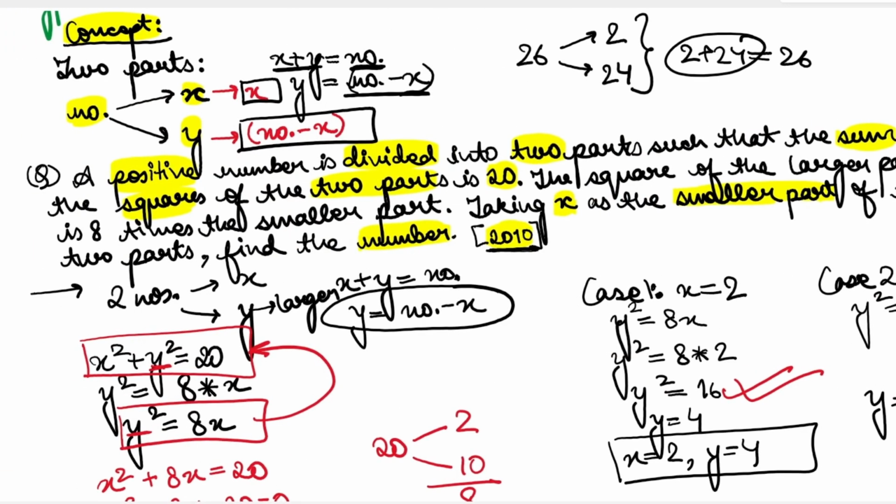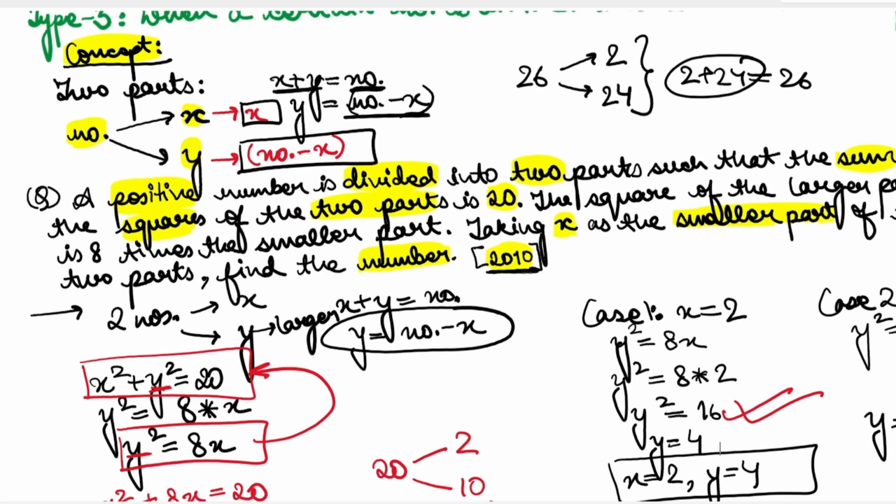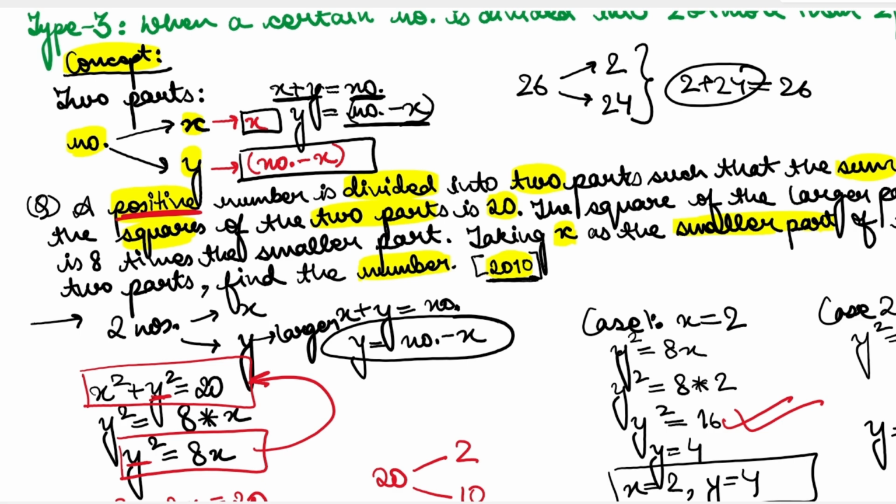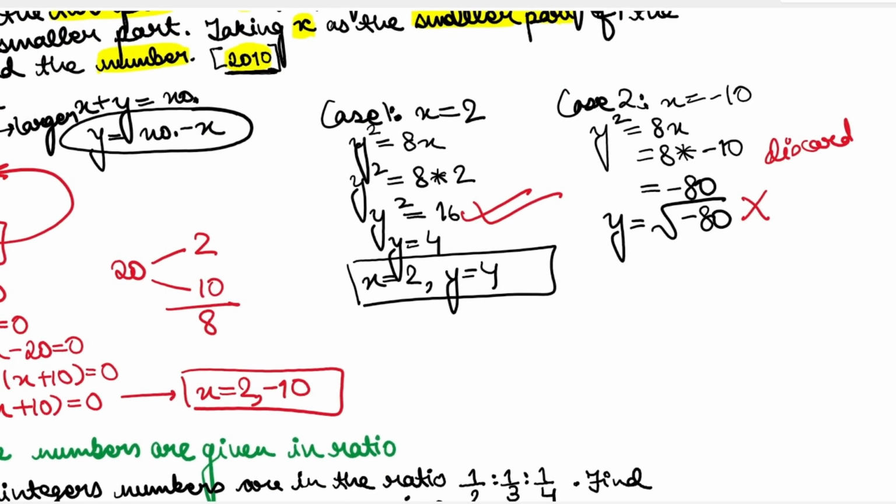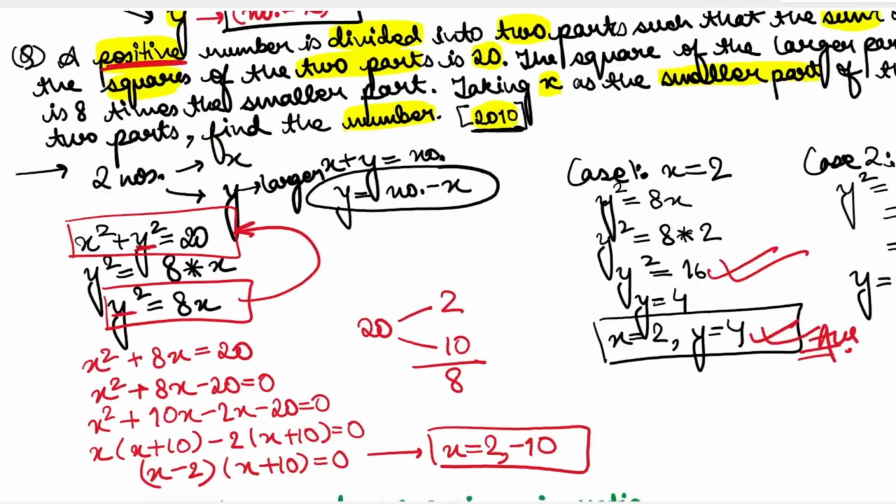Also, the second very important word the question uses is positive number. Positive means our answers should come out positive. Okay, these are the positive numbers. So my answer, is it clear to you? Okay, next is